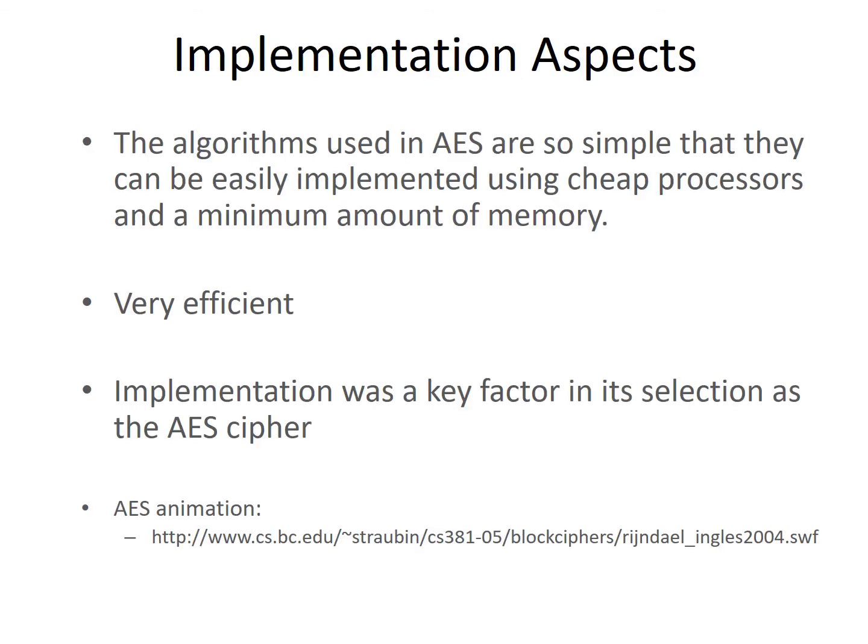Next, implementation. AES implementation is quite simple because we are doing the same operation, and it is very efficient. The same operation is repeated for each and every round. That's why it is very simple. Since we are using a 128-bit key and doing shifting and mixing operations repeatedly in each round, the implementation is quite simple. Hope you are clear with the AES encryption method.